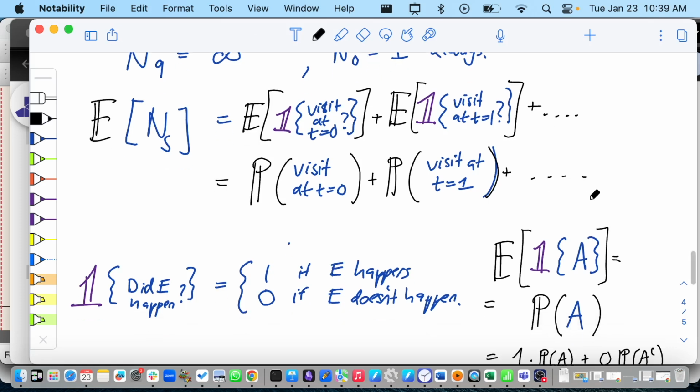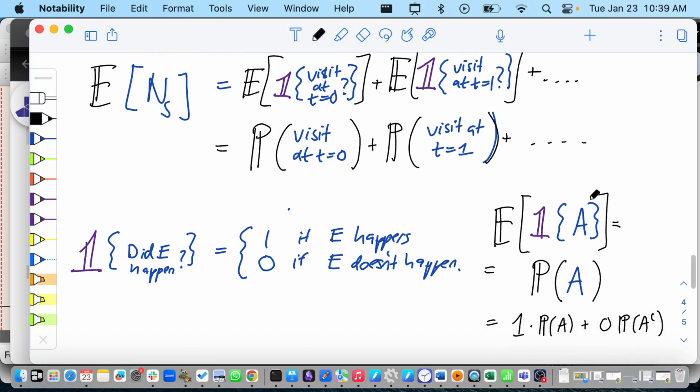And very fortunately for us, these probabilities are what we've been studying the whole time. We have a formula for the probability you visit at time t. That was how we started the first problem of the first class, right? We had the snakes and ladders board, and I said, what's the probability you visit square 7 at time 3? That was exactly this kind of thing. And so you don't want to count up all the different possibilities. You want to write this as a matrix. So let's write it as a matrix.